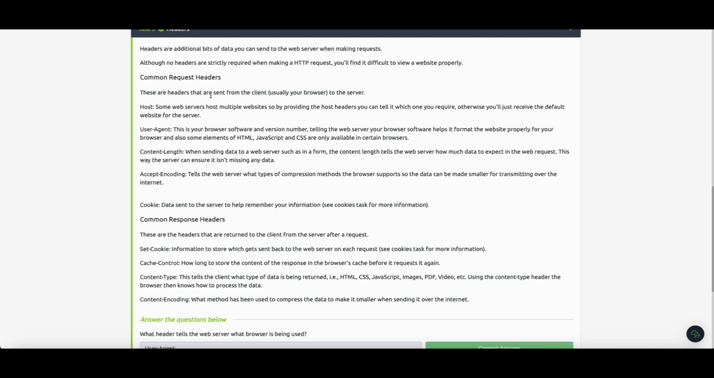These are headers that are sent from the client, usually your browser, to the server. Some web servers host multiple websites, so by providing the host headers, you can tell it which one you require. Otherwise, you will just receive the default website for the web server. And it talks here